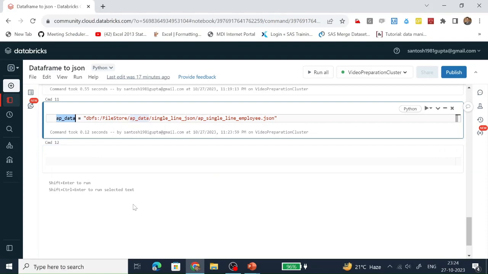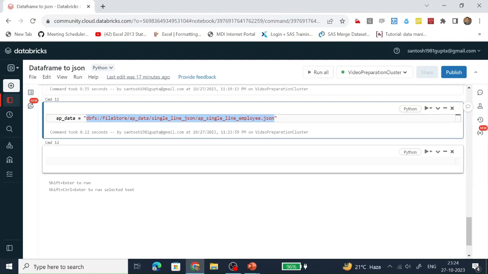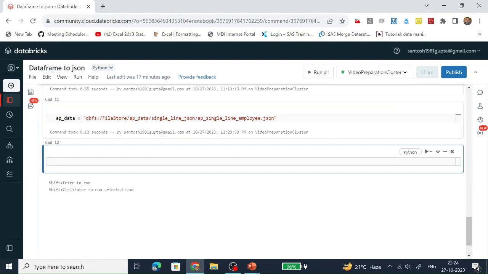We have created one variable and stored the location of the JSON file which we are going to read. How are we going to read it? We are going to read it with the help of spark.read.json.